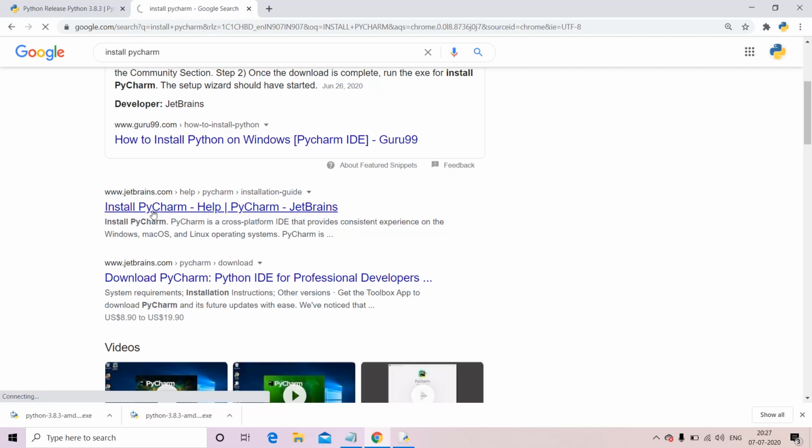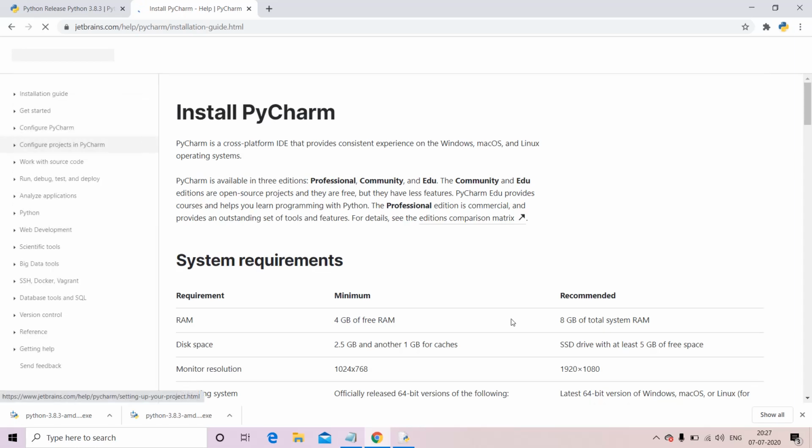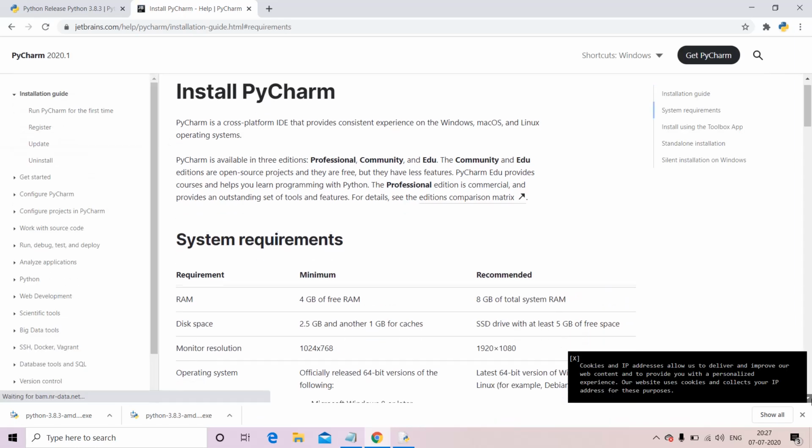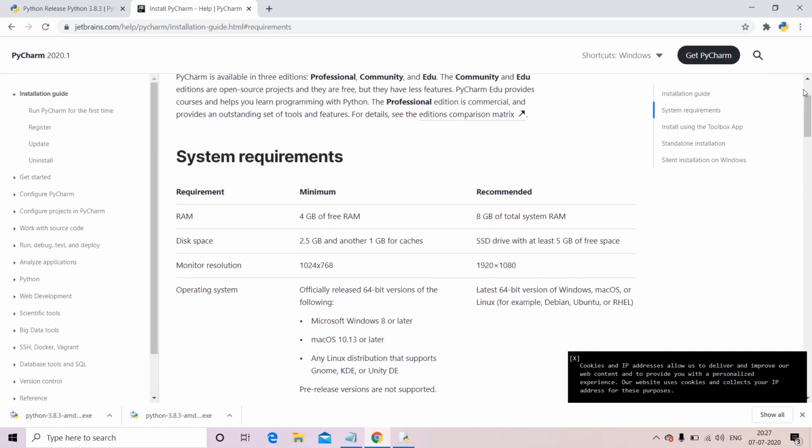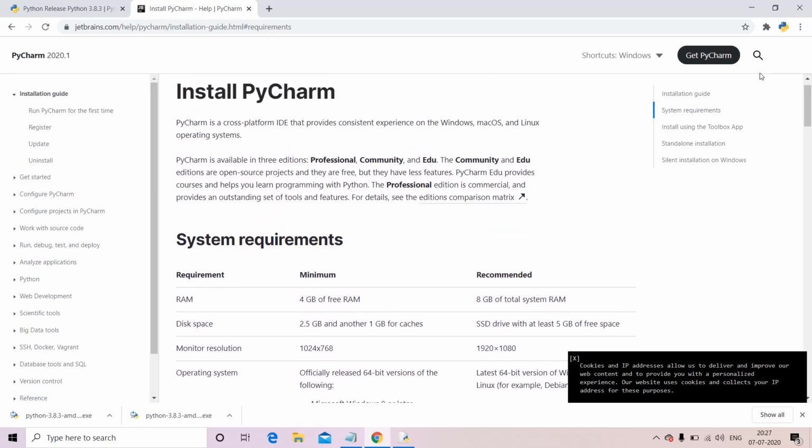And just for information, the JetBrains website provides you the tools for Python as well as Java and many other programming languages.